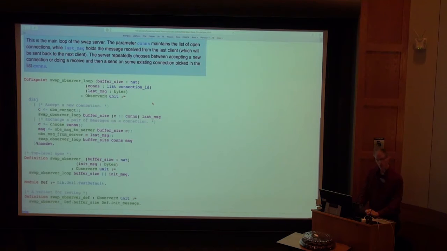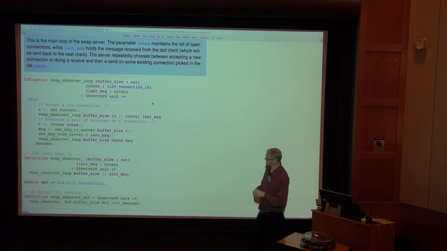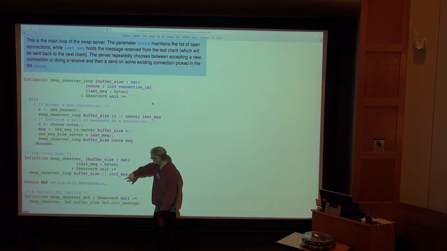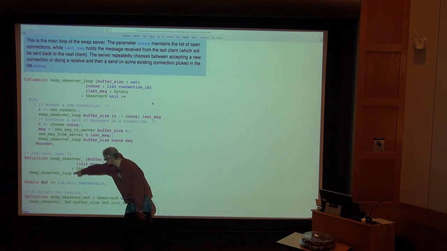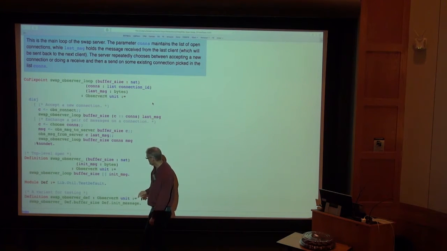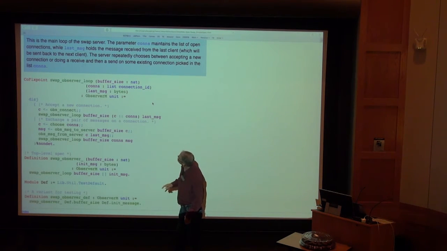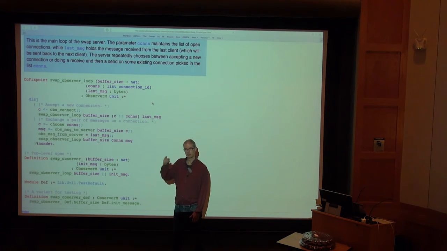So here is the whole specification, the top-level specification, or reference implementation, if you like. The top-level spec consists of a call to the swap observer loop with a particular buffer size and a particular initial message. The initial message, I don't think we see it here, but I'll tell you for free, is the message 000.